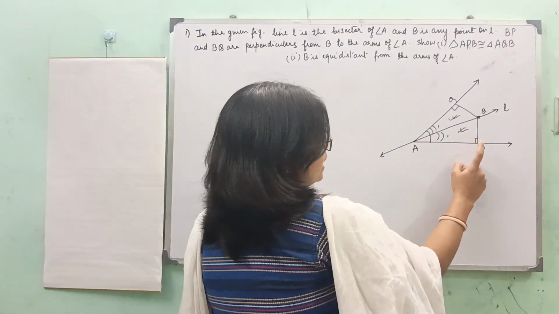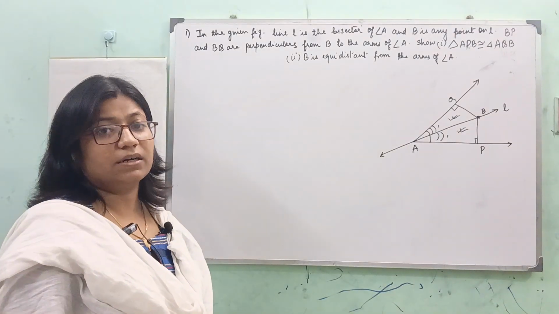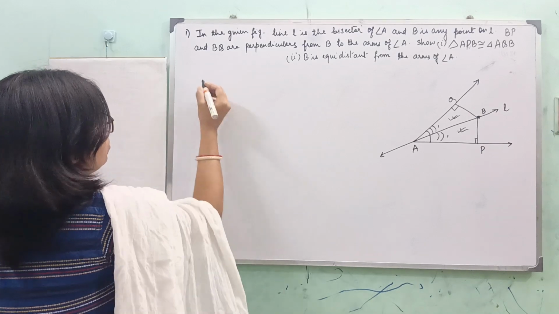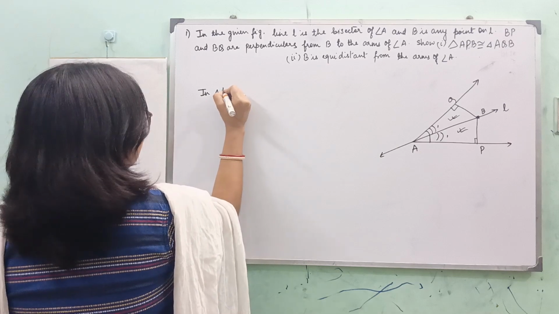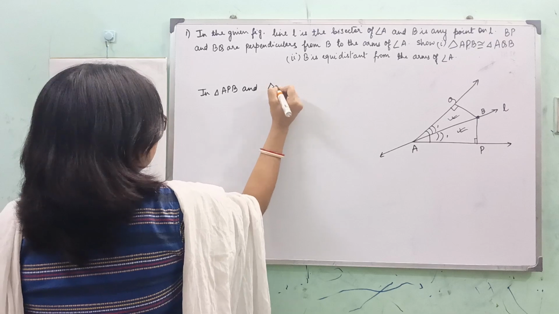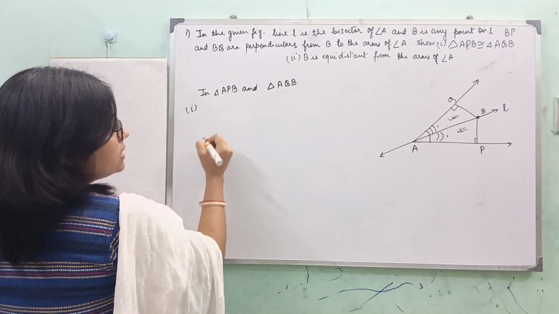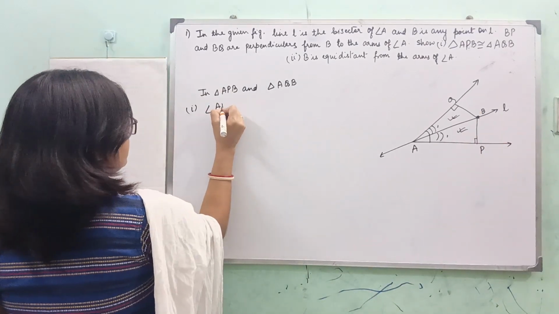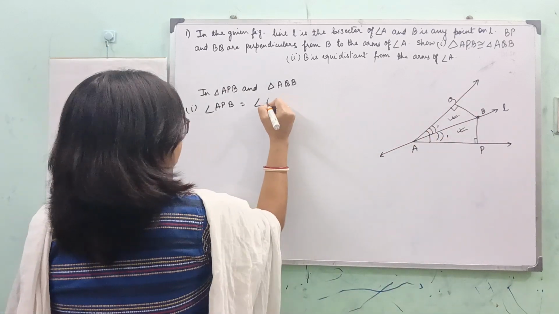That means I can say angle angle side will be working here. Via this we can establish the congruence of these two triangles. So now going to the working. So in triangle APB and triangle AQB, number one is angle APB is equal to angle AQB,